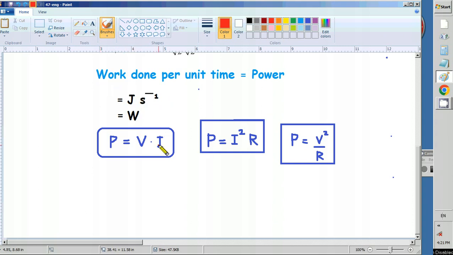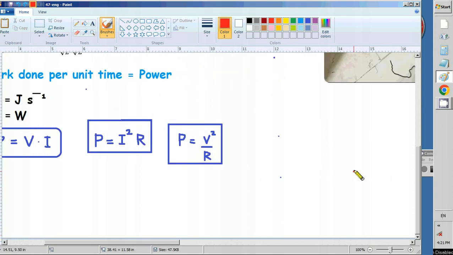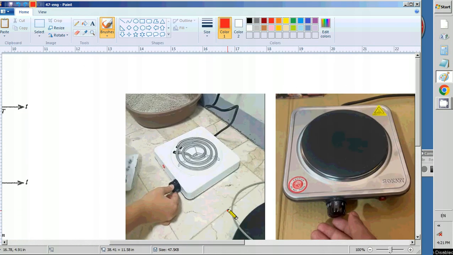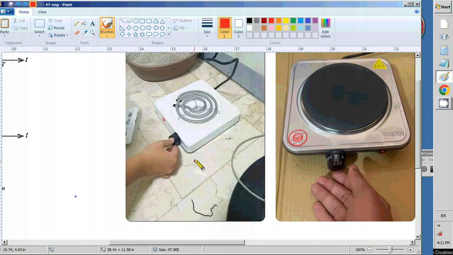It is a scalar. It is not a vector. Therefore, imagine, so I can explain it a little bit more. Imagine this one, you know, what is this? This is called an electric hot plate that we use to cook. So the current might flow this way or sometimes this way. We don't know. If it is an alternating current like this,